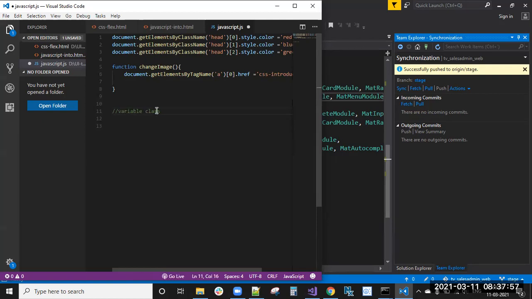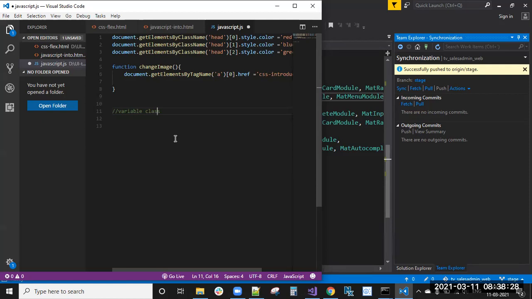So, what is meant by variable? A variable will store a value. Variable is nothing but, if you take a pen, a pen is a variable only. Not a pen, you can take a box actually. You can take an empty box. That box is a variable, if you think of it that way. If you put anything inside, that means you have given a value to that variable.